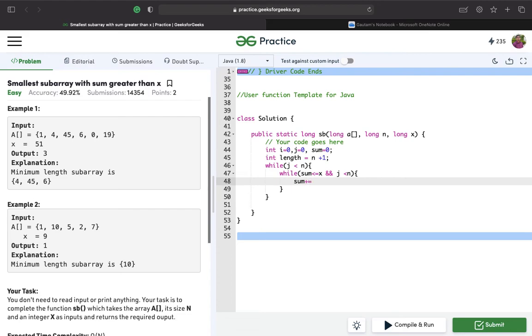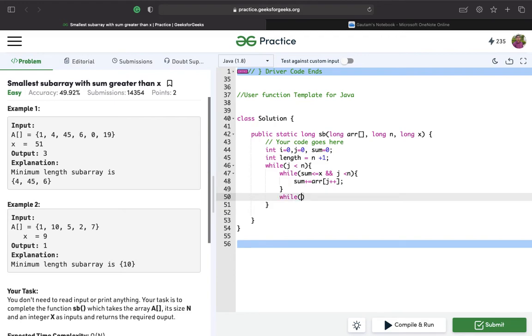So what we'll do is let me rename it as arr, j plus plus, right? So what I'm doing over here is if the value of sum is less than equal to x, we'll add it in the sum and increment j, right? And if the value of sum is